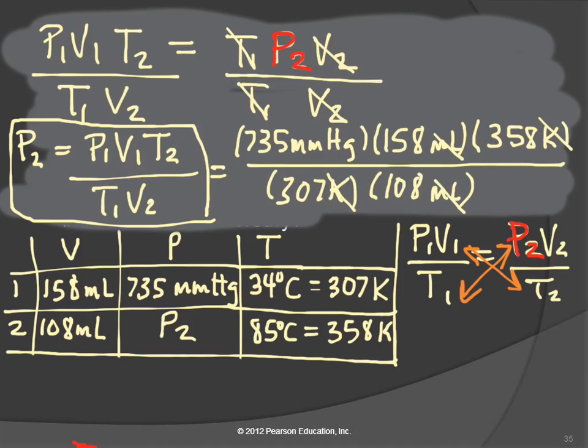And we're going to get 1,254. How many sig figs should we have? We should have 3. So 1.25 times, we're going to write it up here. We get 1.25 times 10 to the 3 millimeters